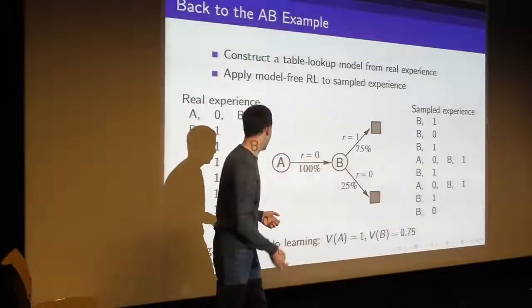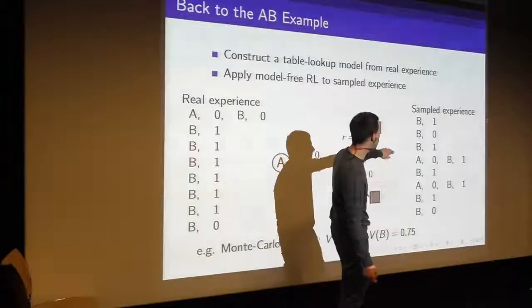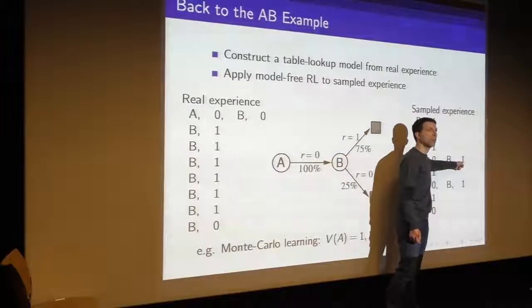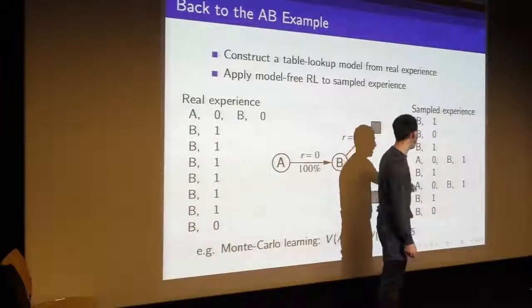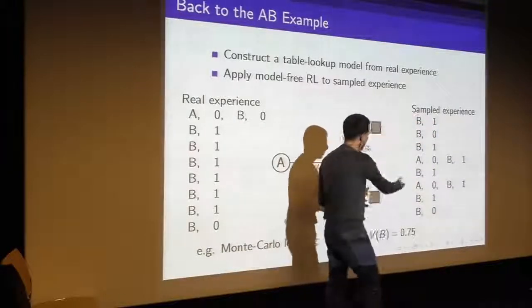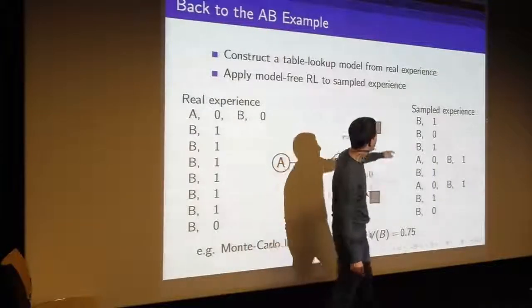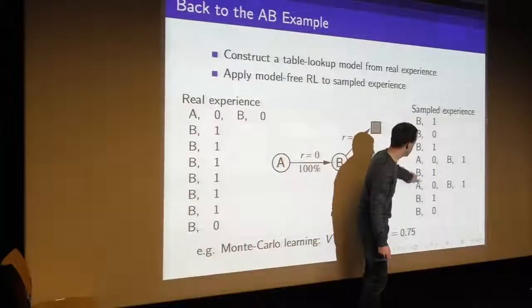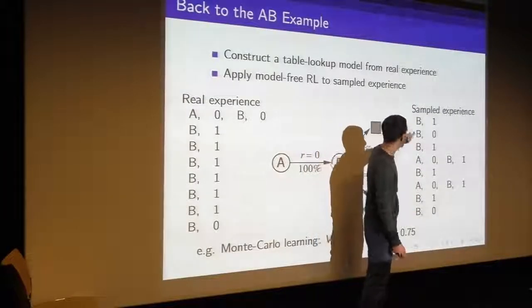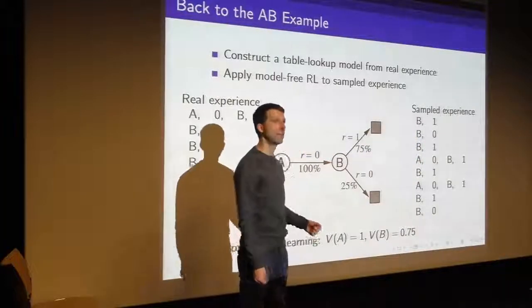If we did that, we would find that the value of A, or what's the value of A over here? Well, I started off in A here, I ran a trajectory and I got a return of 1. Started off in A here, ran a trajectory, I got a return of 1. So from this set of samples, we would estimate the value of A is 1, and the value of B would be, I've got 6 trajectories where B led to a reward of 1, and 2 trajectories where I got 0. So we would say the value of B is 6/8 or